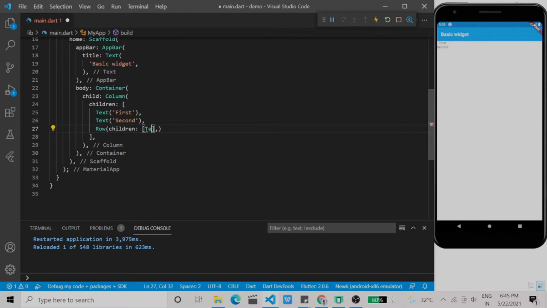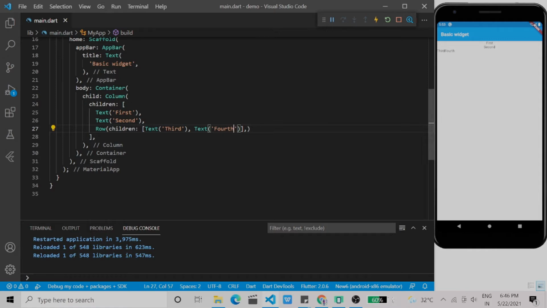I am going to create similarly Text third, Text fourth, and save it. Now you can see the first two texts are visible in a vertical manner, but the other two widgets which are inside the Row are visible in a horizontal manner.